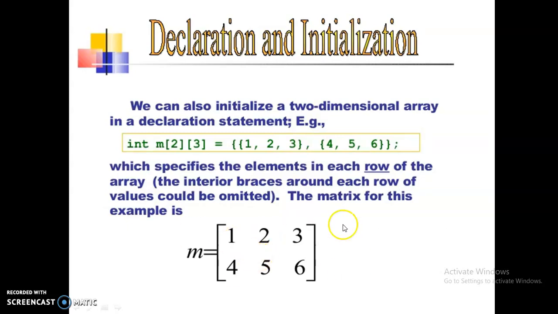So this is the matrix representation. This representation is explained here like this: initialize the values to the matrix. Okay, so this is the row size 2 and the column size is 3. So here the first row, this is the second row, 3 columns. The first row of data is given as the input here within the curly brackets, and then the comma separator. Again the second set of data for the second row is given here within the curly brackets.